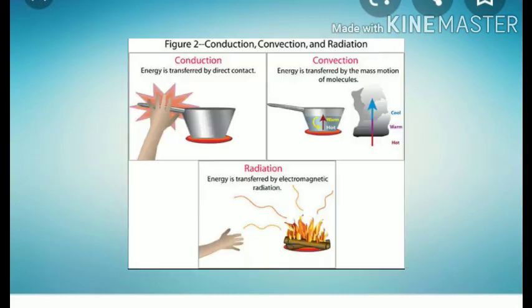So now are you clear why we are using a plastic or wooden handle for metallic pans? Why? Because plastic or wood are poor conductors of heat, and thus the heat will not pass from the metal to the wood or plastic. And water and air are poor conductors of heat.